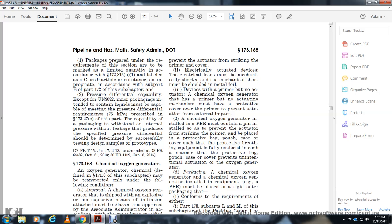Device: the primary non-actuated chemical oxygen generator has the primary non-actuating mechanism, and they have the cover over the primary to prevent actuation from external impact. The chemical oxygen generator installed with the PBE must contain the pin installed to prevent the actuator striking the primary, and then a plate to protect it, with the bag and the pouch cable covering the side to protect it. The breathing equipment is fully enclosed and stuffed with the protective bag and the pouch case cover to prevent unintentional actuation